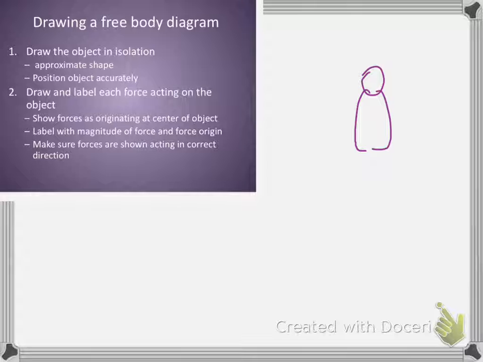So we draw the object, we position the object accurately. If we've got a human who is in the air, on the ground, we can just do something like that. If we have a box on a hillside, we better do something like that. I should move that up, because we want to see that there's a slope. So in cases where, and we do sometimes kind of add ground as an